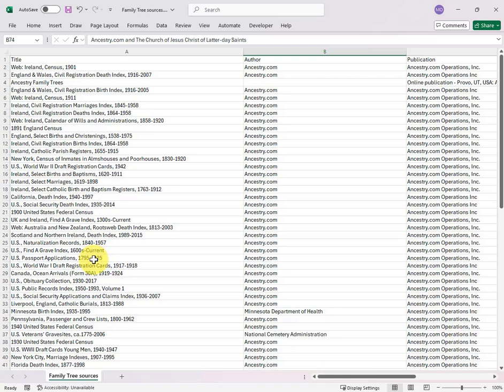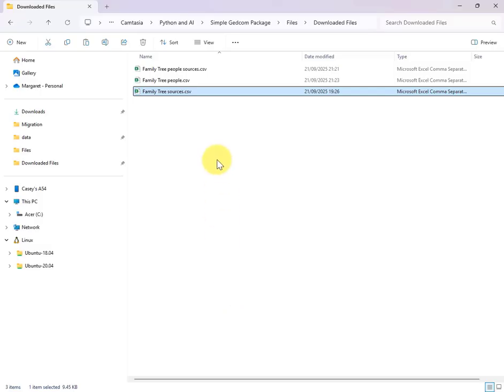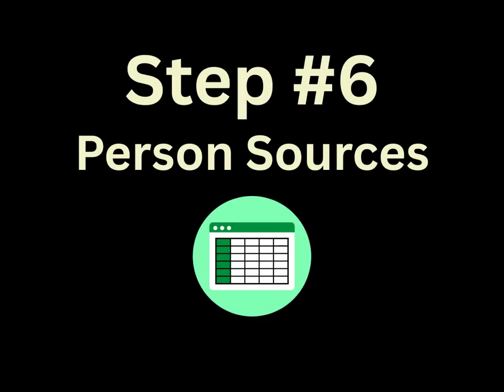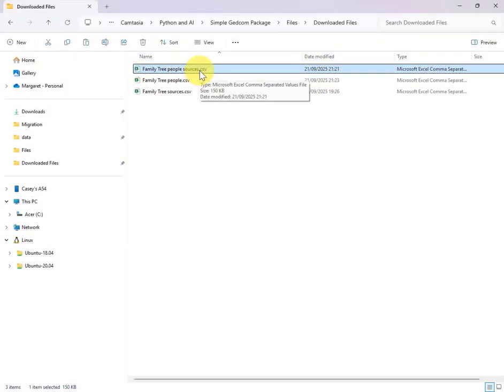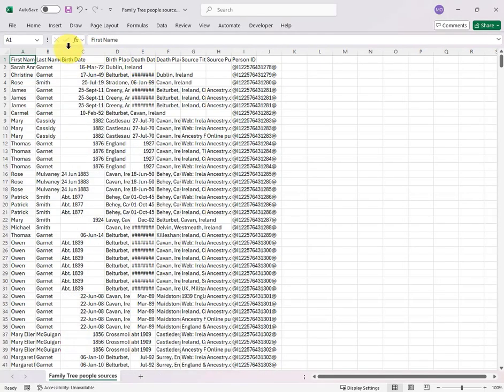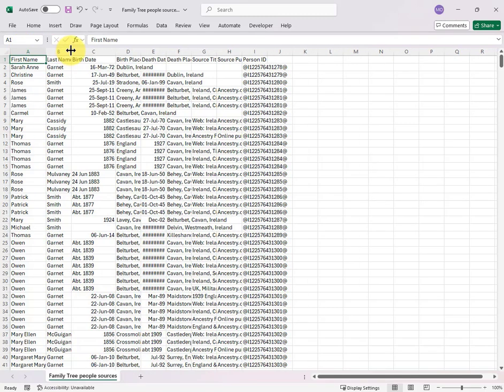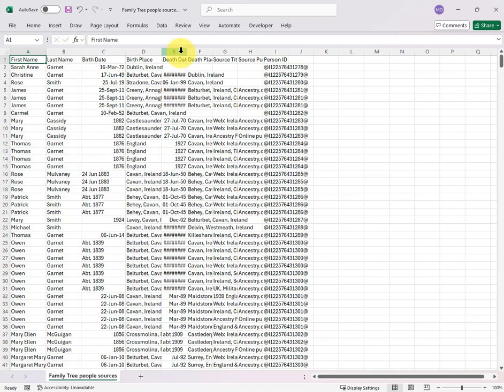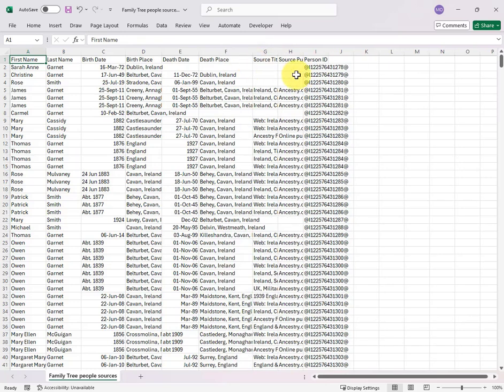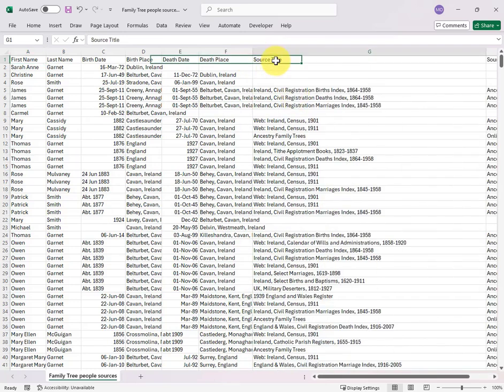But what's more useful is the sources that are attached to the people in your tree. And that is the third file here, people sources. Open this up, give it a bit of spacing. I've got the first name, last name, birth date, birthplace, death date, and death place. And then crucially, I have the source